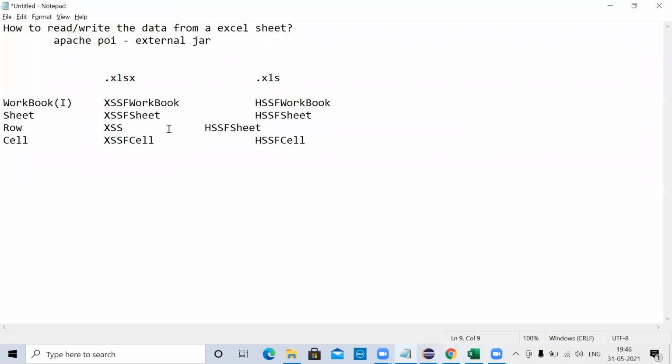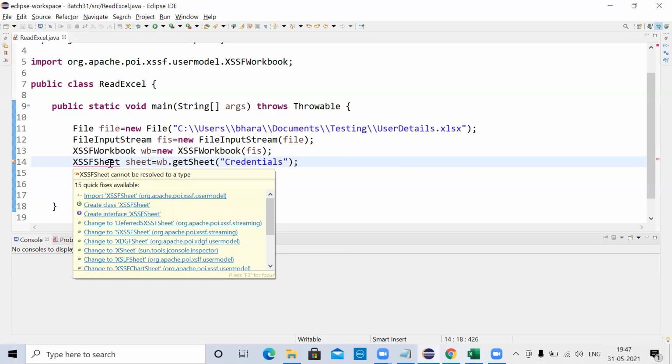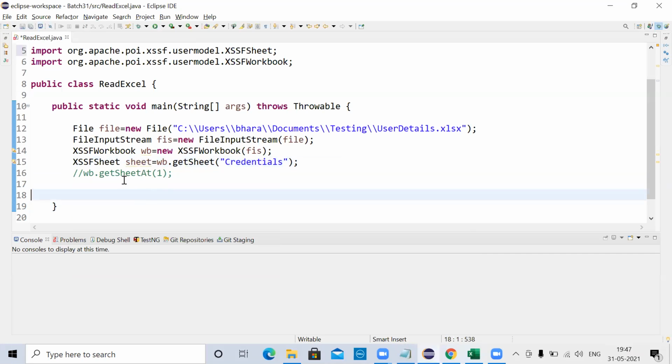The return type of this method is XSSFSheet, so store this in a sheet object of type XSSFSheet. Please import XSSFSheet from the Apache POI library.